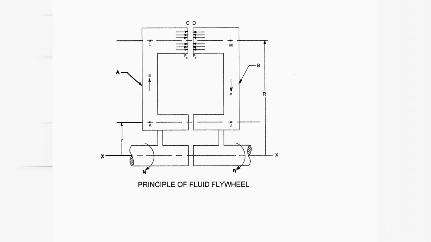Because the shafts are rotating at different speeds, it can be realized that passage B will not always remain in front of passage A. It will be replaced by another identical passage and fluid will continue to flow in clockwise direction. Well, in the present episode, I will be talking to you about the actual fluid flywheel.